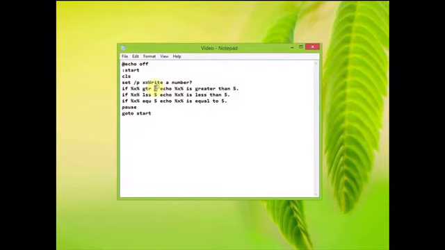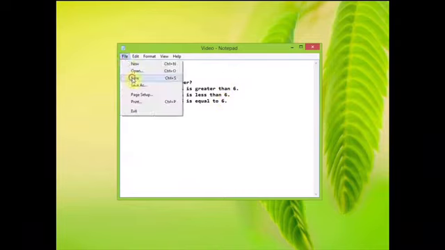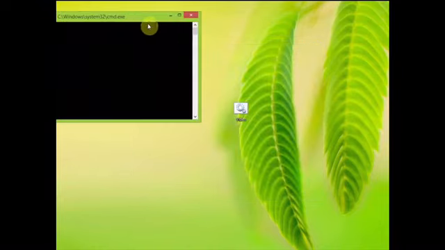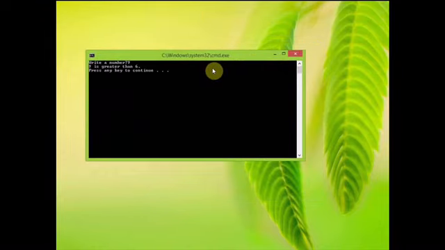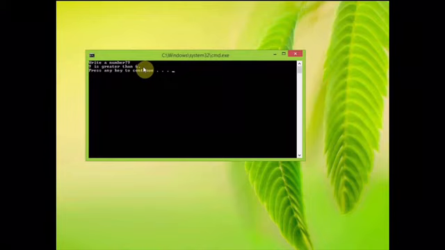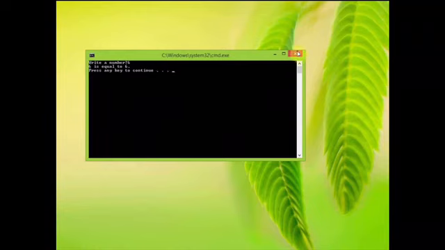We could change all of these to something else, like 6 for each number. Now if we write a number 9, 9 is greater than 6, 3 is less than 6, and 6 is equal to 6.